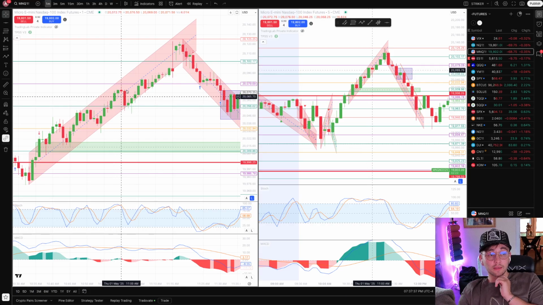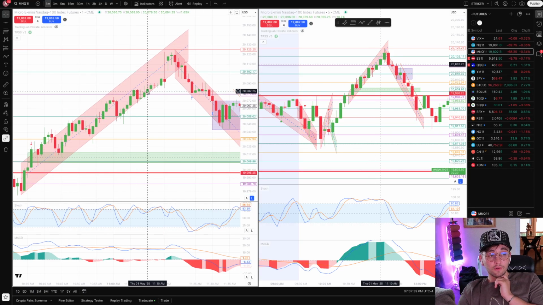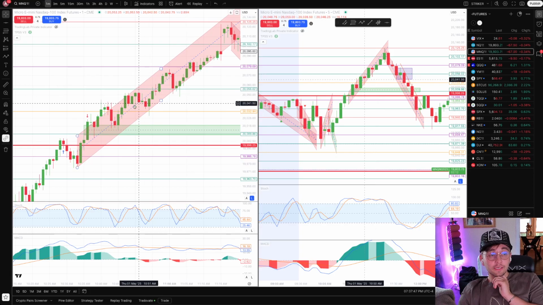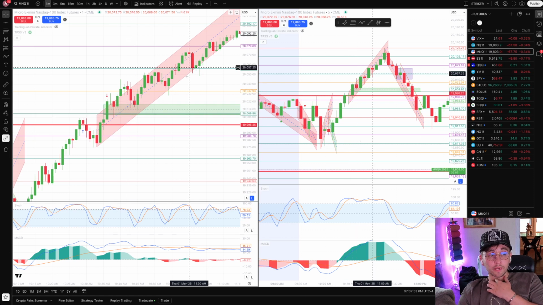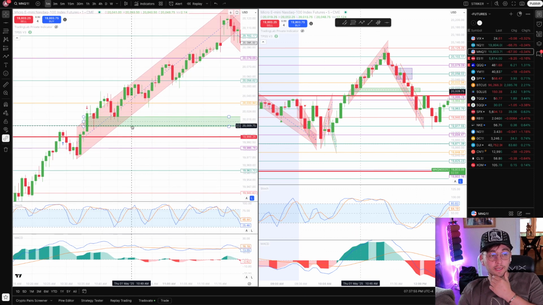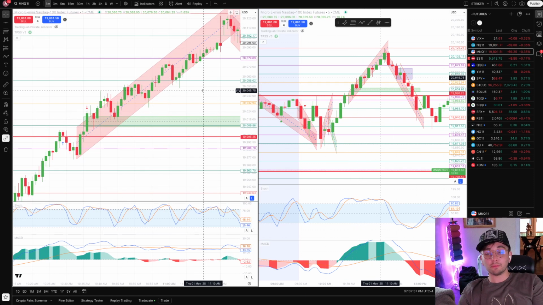Look at how this worked today. Level to level, level to level. We wicked through that level, but look at it, almost touched the next level. Actually did touch the next level. So this is consistently hitting level to level. Sometimes it's a little weird, but when we are doing breakout longs and there's a trend day, it usually goes level to level